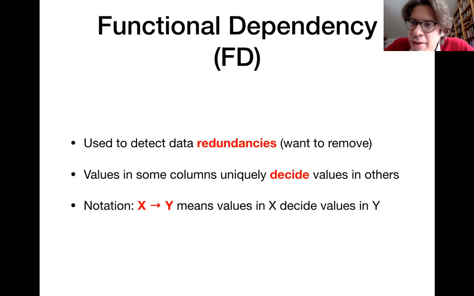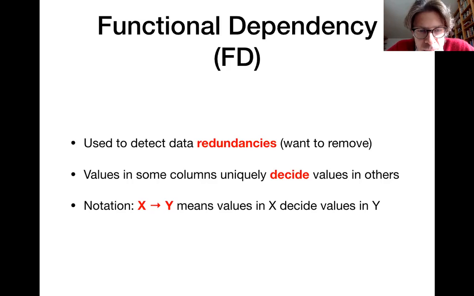Now, as already discussed, a functional dependency allows you to detect redundancies, which is what you typically want to remove during normalization. A functional dependency always applies to one specific table, and it essentially states that the values in some columns uniquely decide the values in other columns. So if you use this notation, X → Y, it means that the values in X, where X is just a set of table columns, decide the values in Y, which is also a set of